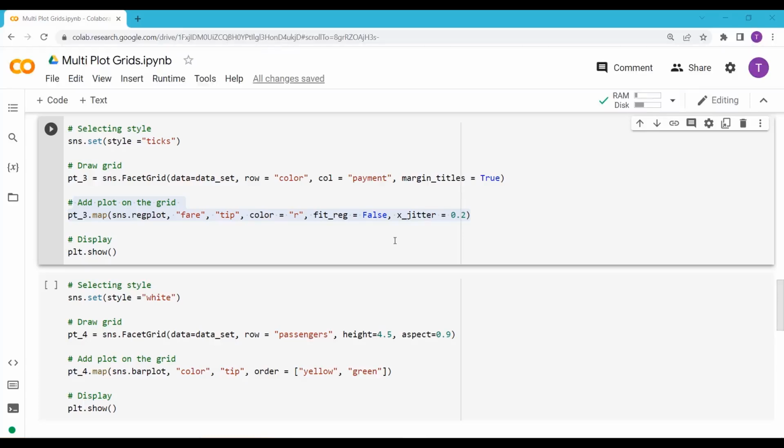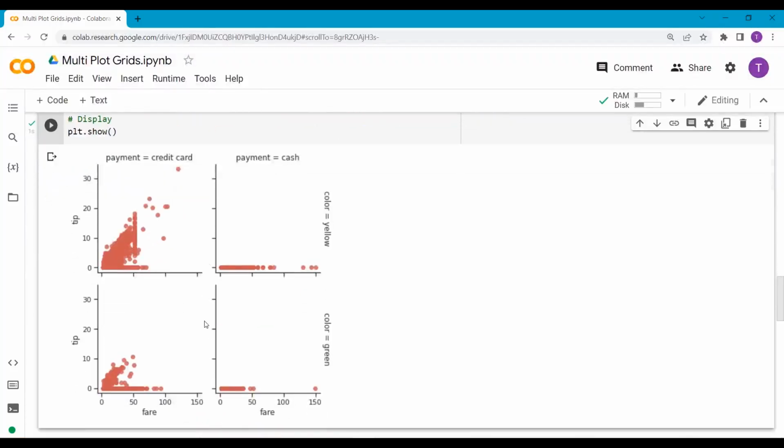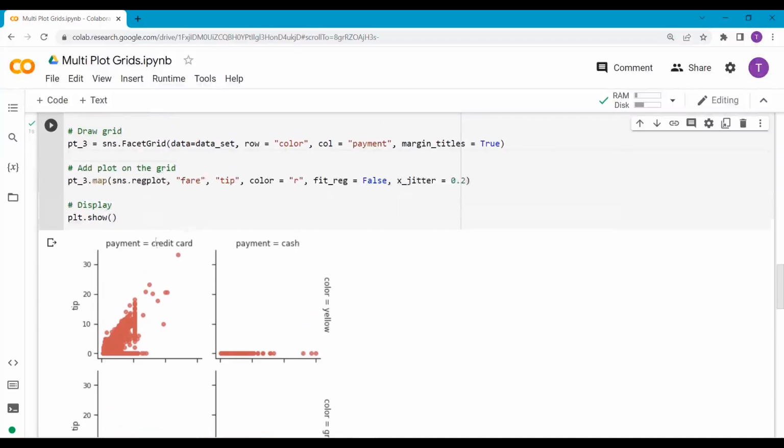Basically it adds uniform random noise, and then I call the show function as I want to display the plot. Now I execute this cell and show you the output. So here you can see that the y-axis represents the tip and the x-axis represents the fare, and here above